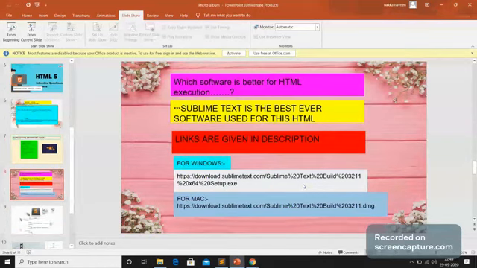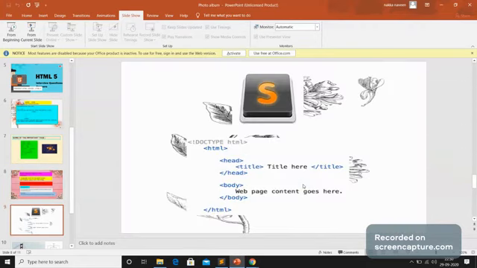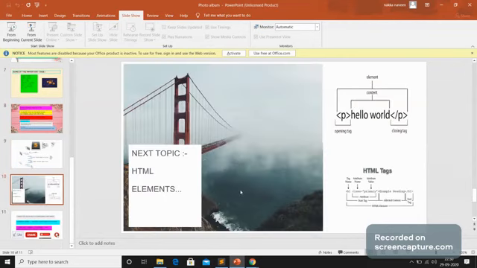There are many softwares, but I think the best software is Sublime Text, and the link will be in the description. Click on that and download it. This is the basic format of HTML. In the next class we will discuss the HTML elements and HTML tags.